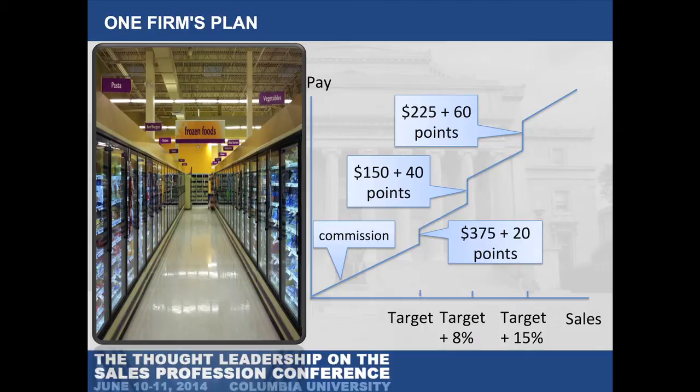Their pay turns out to be almost all incentives. There's a very small fraction of non-incentive pay. I'm going to just suppress that. So they get paid a commission, a straight commission, which is good for us for lots of reasons. They get a commission on sales, like that. And when they hit their first target, they get, now these numbers are scaled up for company confidentiality reasons, a certain lump sum bonus, plus they get a certain number of points. And then when they get to the next target, they get a certain number of dollars more, and they get a certain number of points more, okay?